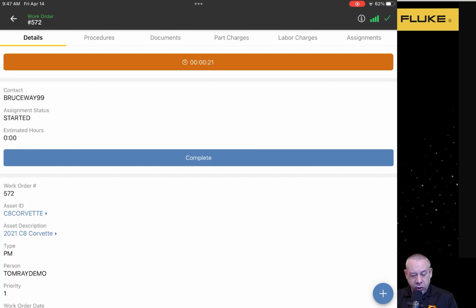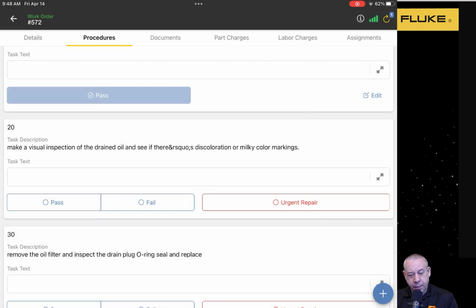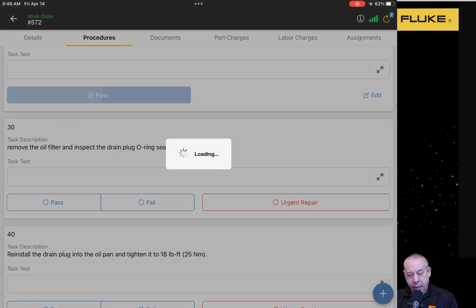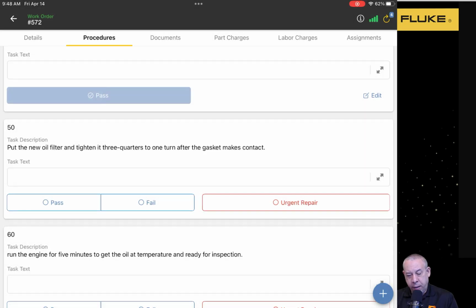So let's start by looking at these procedures. The procedures in this case are pass, fail, urgent repair, but there's one interesting thing that it'll do for you: it'll automatically scroll them up as you click on them. So if I click pass for procedure 10, it automatically takes me to 20, and then 30, and then 40. Now, if I fail 50,